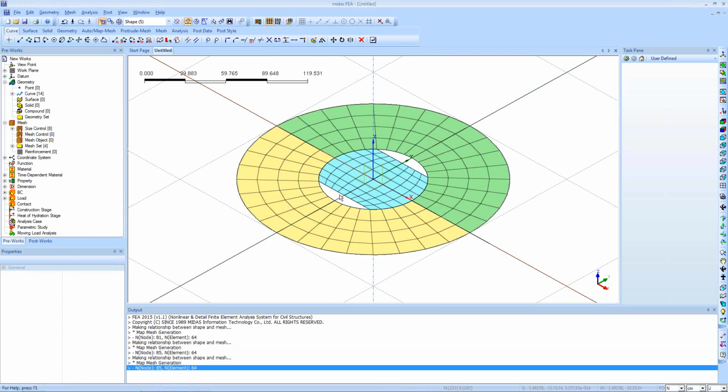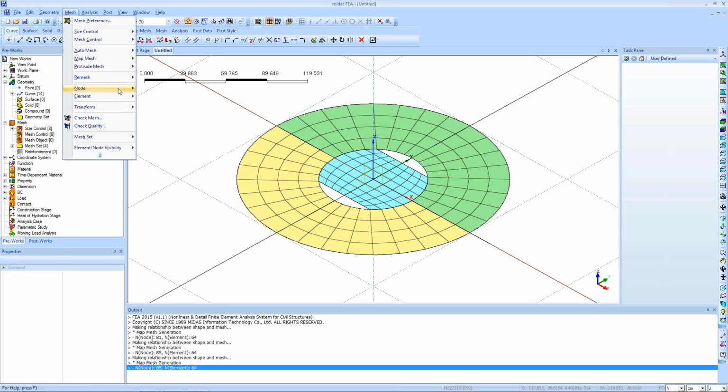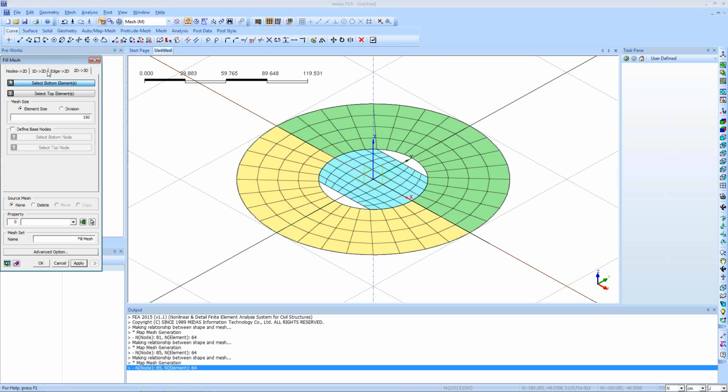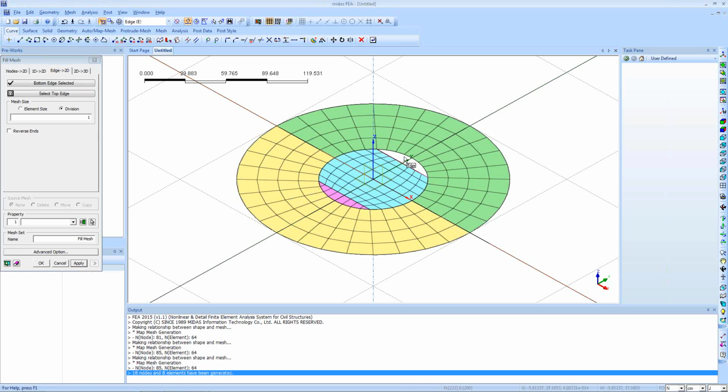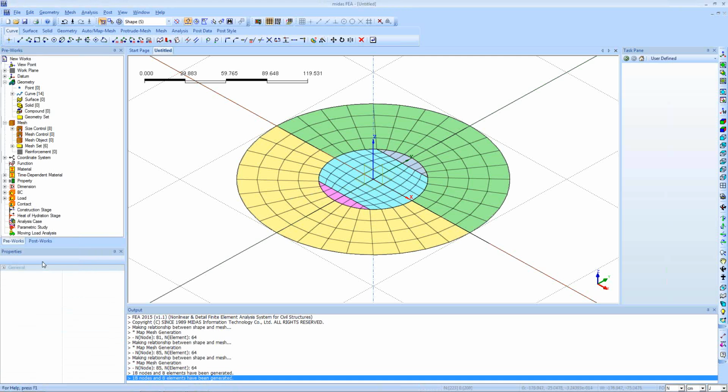After meshing, you can see these are not meshed. To mesh it, I can just go to protrude and fill. I can use edge to 2D. I can choose bottom edge, top edge, number of divisions as 1, property as 1, apply, bottom edge, top edge, division of 1 and click OK. After my 2D geometry is complete, I can go to